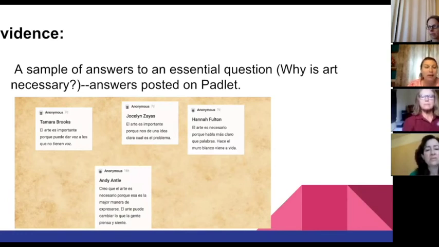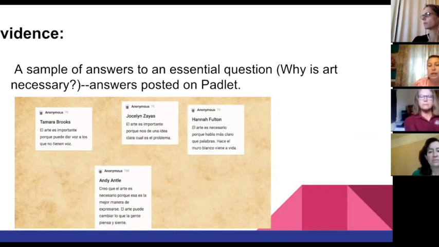So Padlet allows you to post comments asynchronously, but the good thing is that it updates automatically. So it's really live updates. Anything that students post comes in real time, so students can have an actual interaction and communicate among each other in real time. As you saw from the student handout, we had a different Padlet link for each question. We had one for each of the essential questions, and then one specific one for each of the questions that we asked about the Diego Rivera murals from the Detroit Institute.